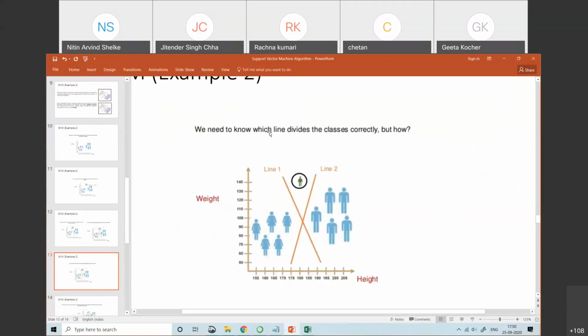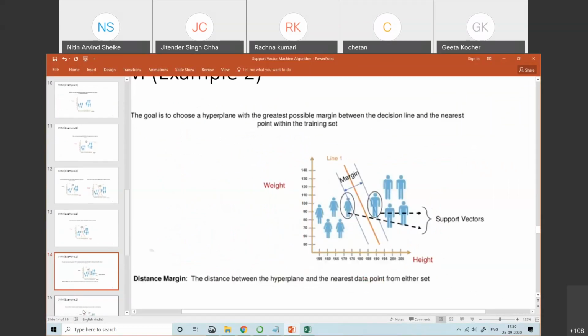We need to know which line divides the classes correctly, line 1 or line 2. So, the answer for that is line 1.